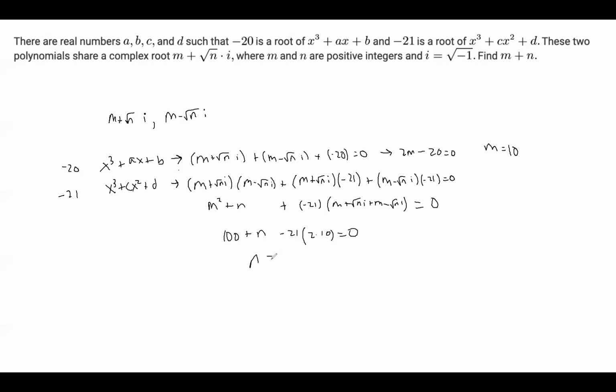So n equals 21 times 20 minus 100, which equals 320. Finally, the sum m plus n is equal to 10 plus 320, which is 330. So our answer is